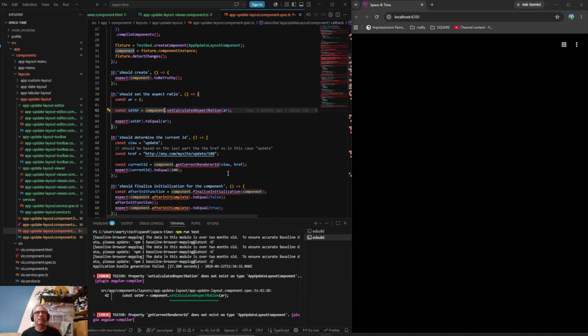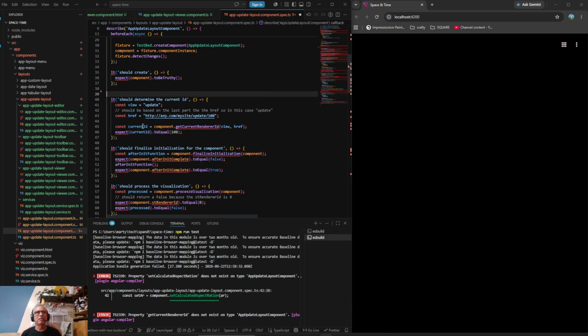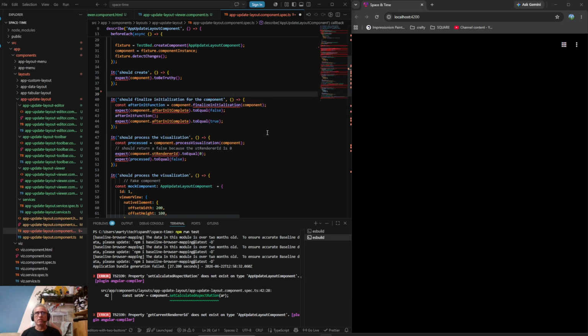But I will say that that doesn't always work for me. It just happens to be working for me now. All right, so it looks like this component.get render ID is gone too. Does not exist. This was very expected, right? Like we deleted a bunch of stuff.